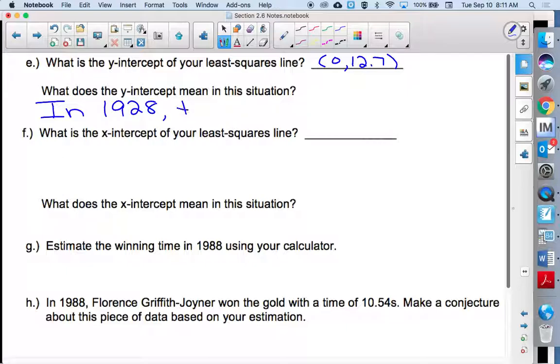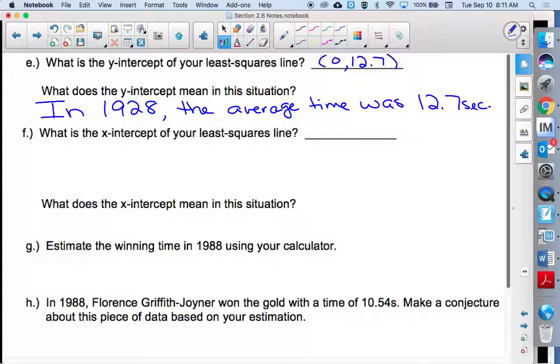So in 1928, you could say the average time, because it really is an average fitting our lines together. It wasn't the exact time. And again, that's in seconds. Remember, it's not going to correlate exactly with the number for 1928, because this is a line that fits the data best. Why wouldn't it be for the